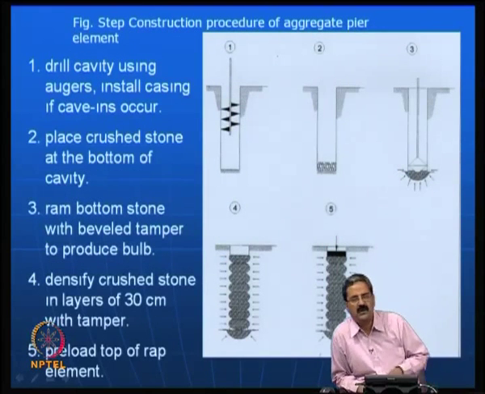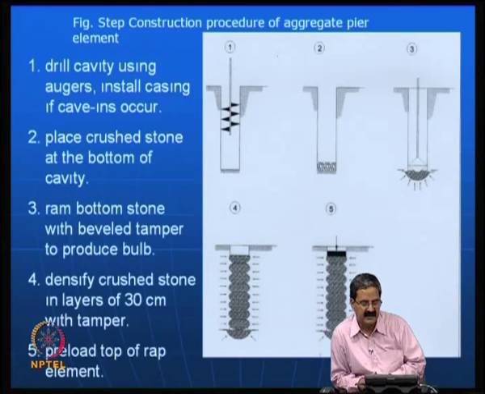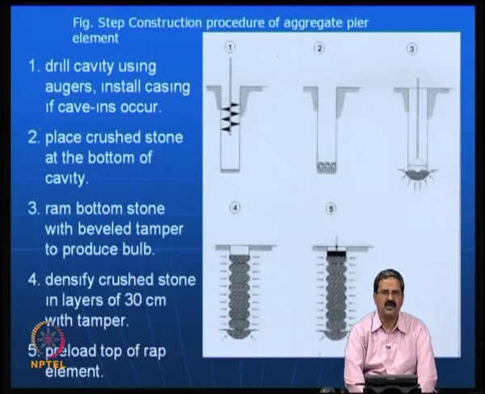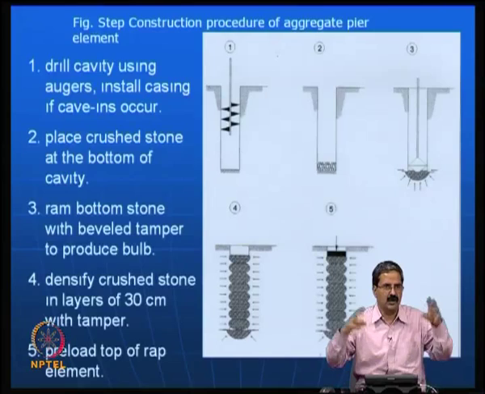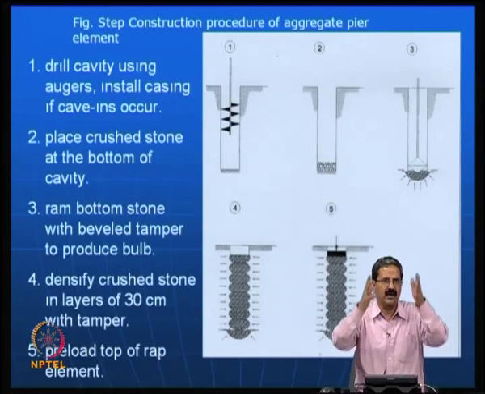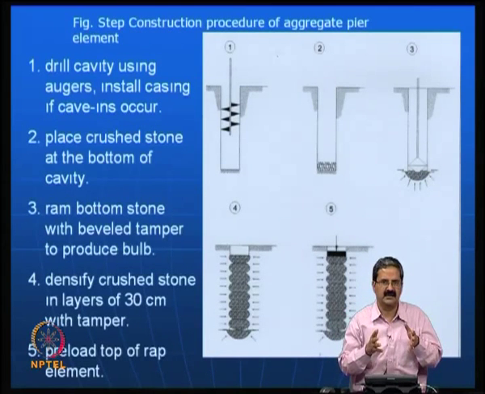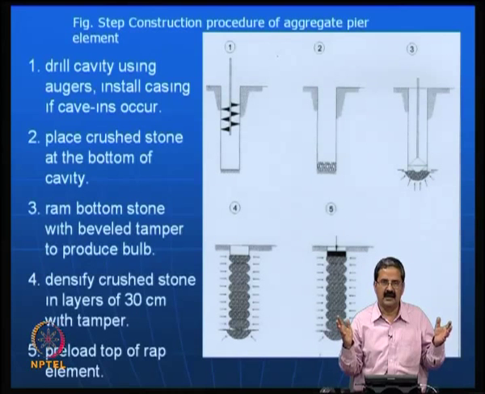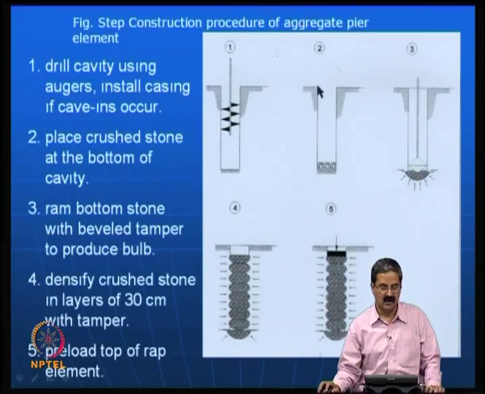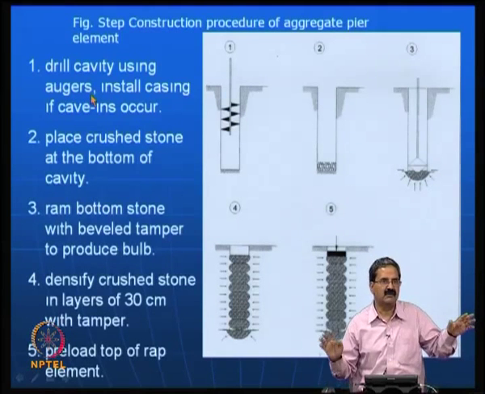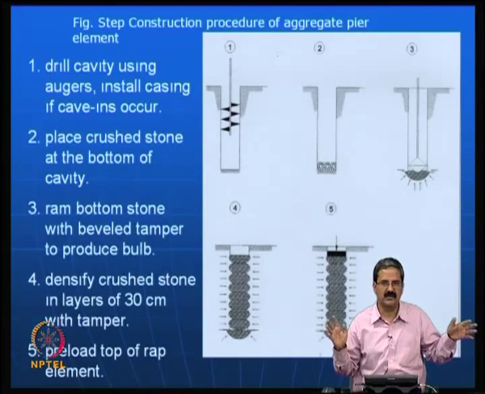Techniques like this have been quite effective, and there are also a lot of offshoots of stone columns. What you are doing is trying to create some material inside this weaker soil, and obviously you can do that by any means. For example, here it is called an aggregate pier. Here he is trying to create a cavity using an auger. I do not have bigger machinery here, it is very complicated.